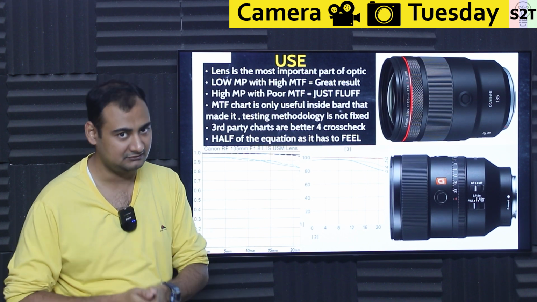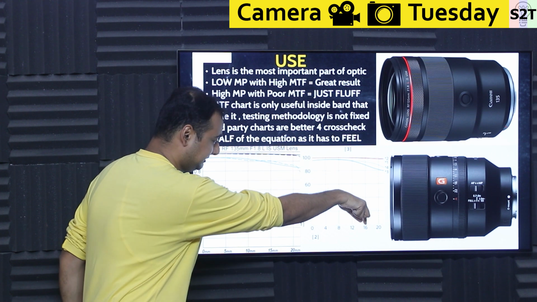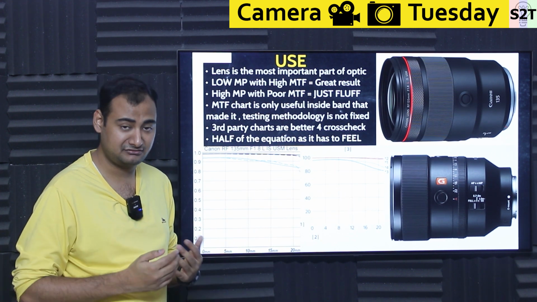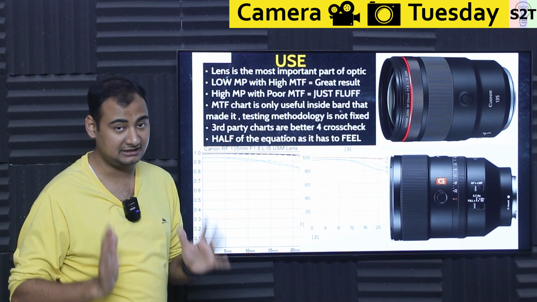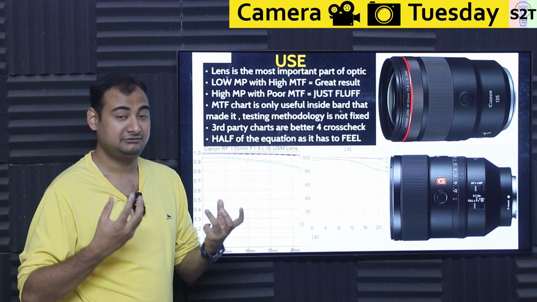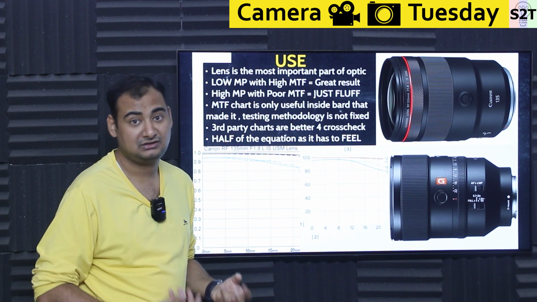And zoom lenses will always be worse, and they will always have worse falloff. Meaning they will start here, damn. It will always happen. Because the testing methodology is not fixed, you cannot jump from Nikon, Canon and Sony. Third party will help you to cross-check. So if you are like, hey, I'm thinking about Sigma and I'm thinking about Tamron, and you need factual data, it's like, bro, I can solve the color, but I cannot solve a blurry image.